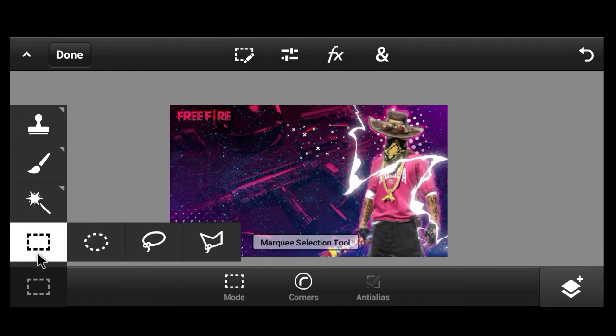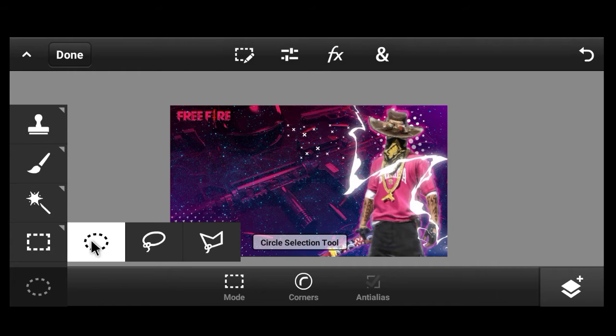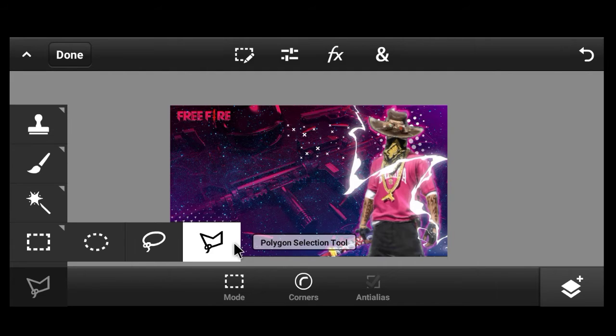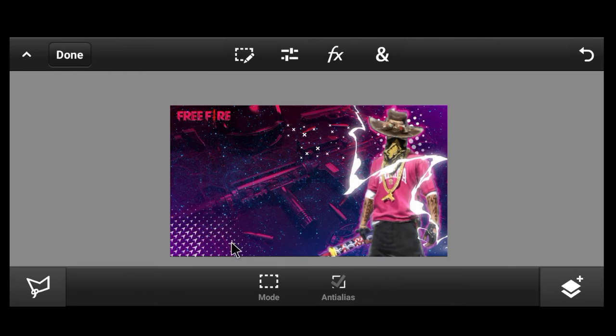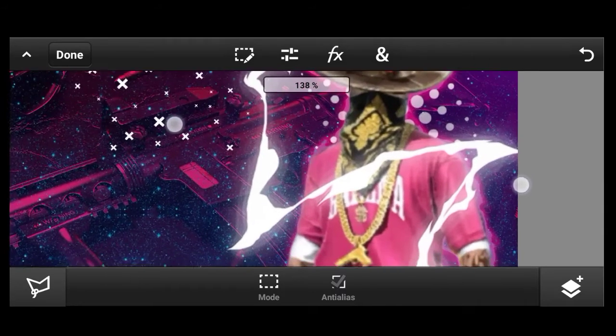I will be selecting the polygon selection tool and zooming the image right now.